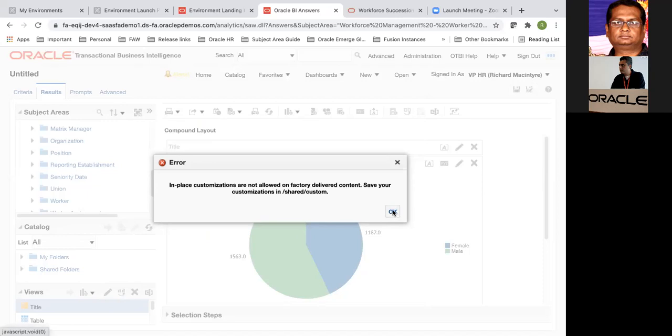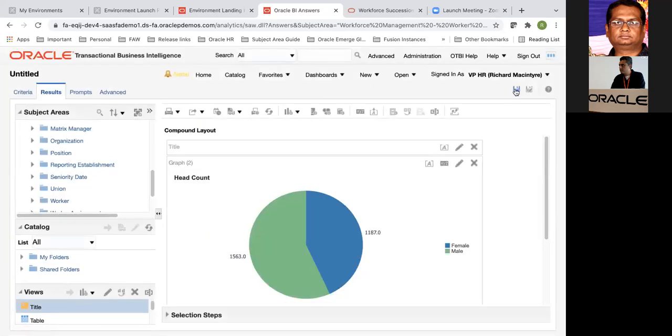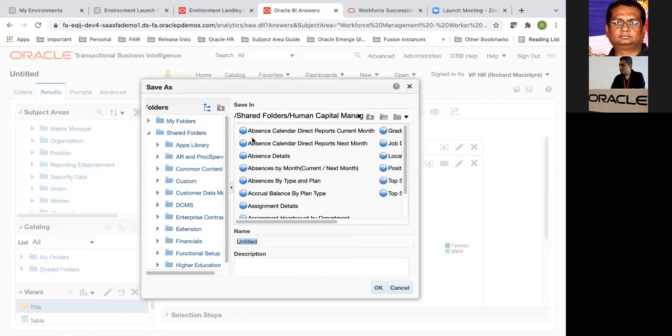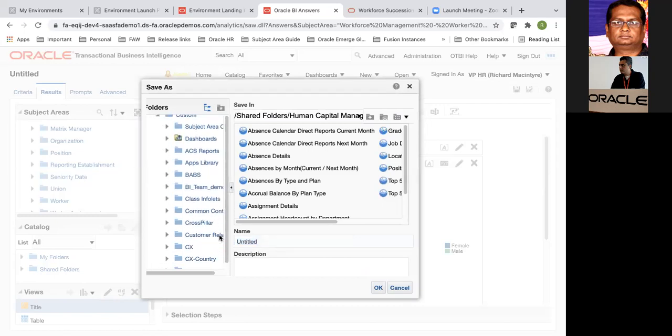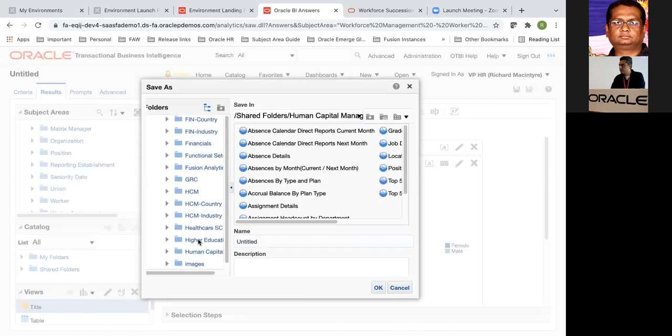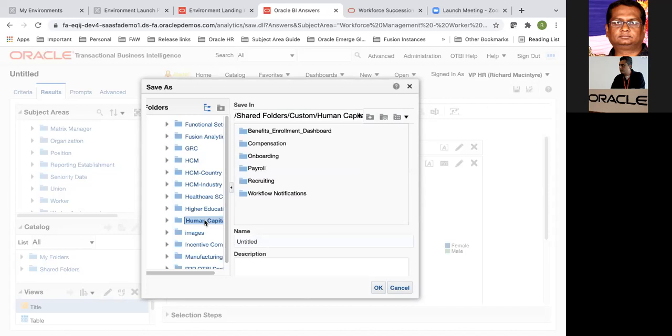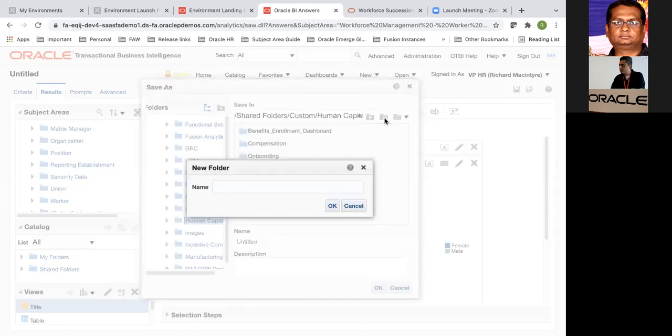So I'll have to save it again. I'll have to go to shared custom, and then I'll go to human capital management. I could create a new folder. For example, I'll say OTBI workshop November.